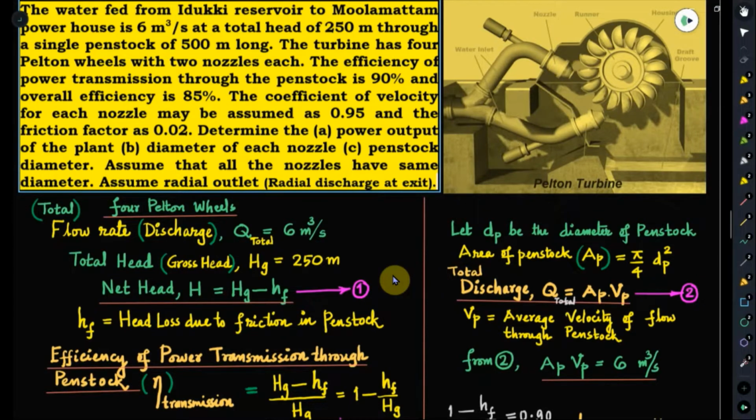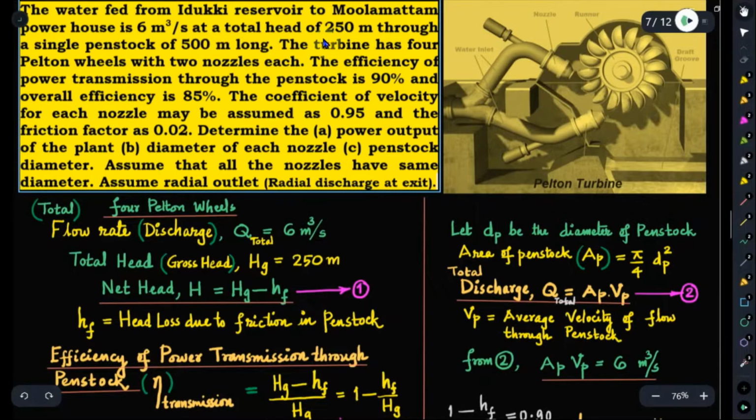Welcome to the discussion on a numerical problem on Pelton turbine from previous KTU examination. This is from module 1. This is the question. The water fed from Idukki reservoir to Moolammattam powerhouse is 6 meter cube per second at